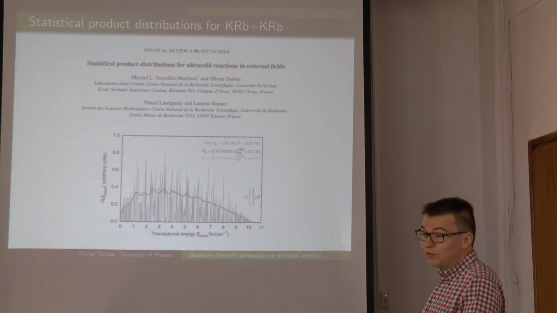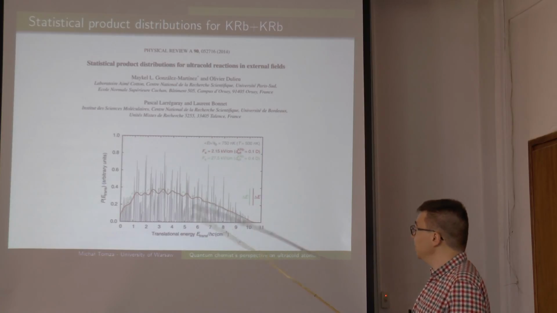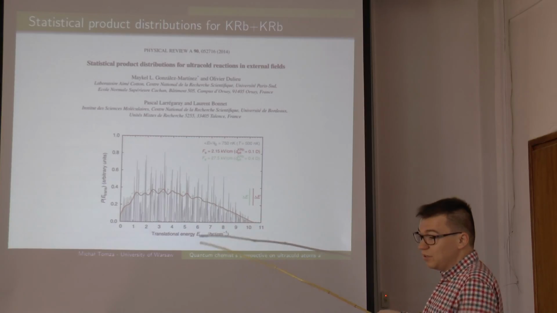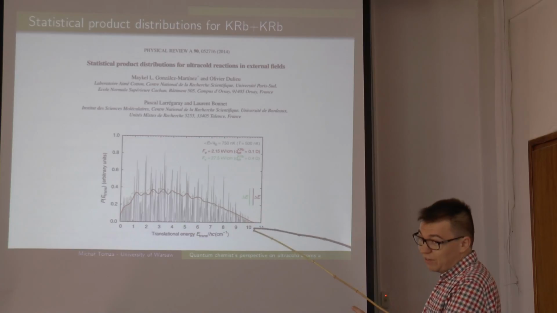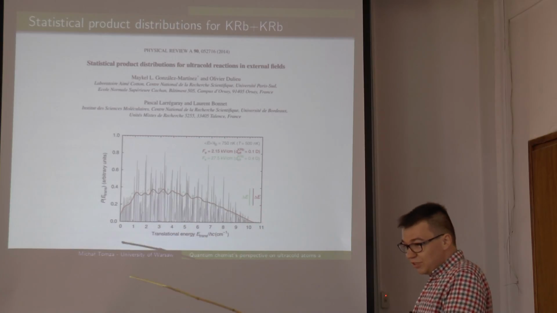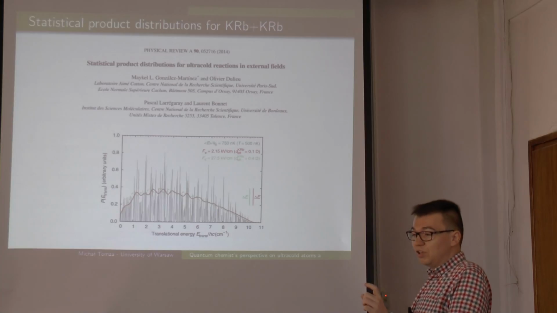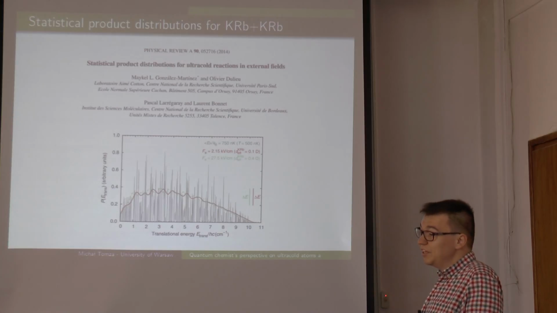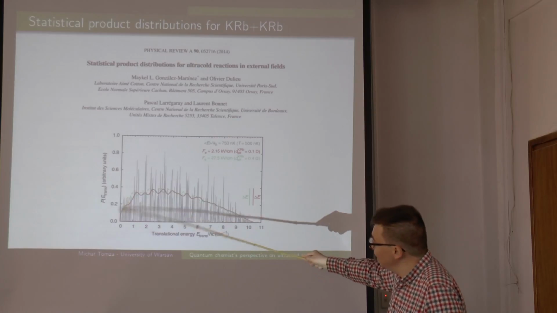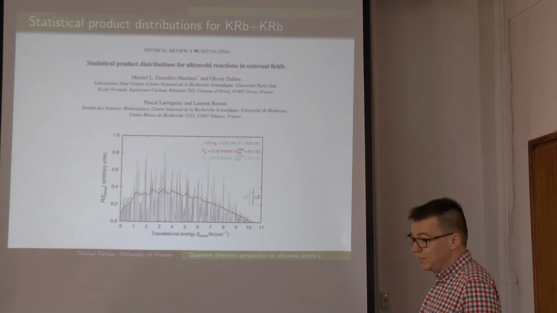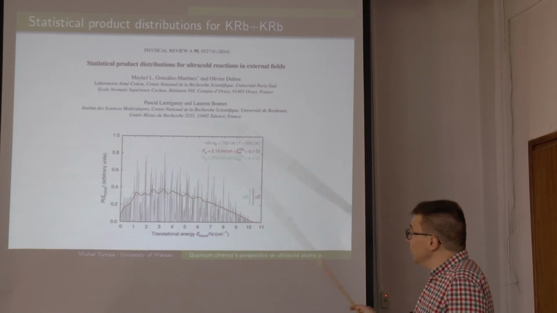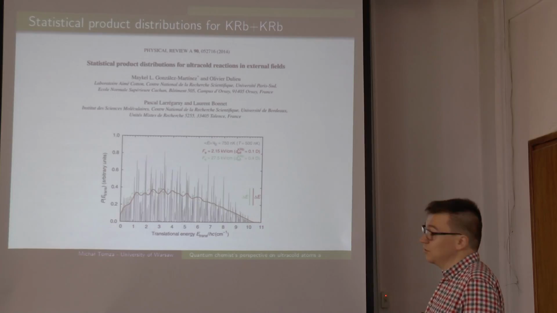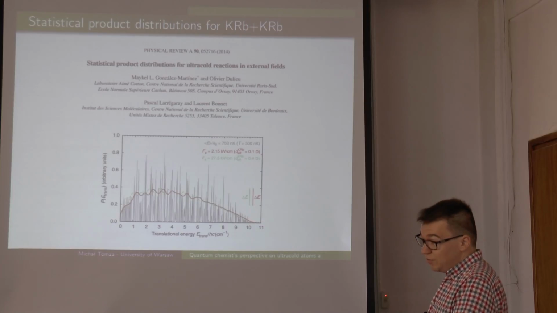Until now, there was no measurement of the product state distribution for any ultra-cold experiments, because first of all, the energy release here, although it's just a few wave numbers, in kelvins is around 12 kelvins. Although a few kelvins is very cold, it's too hot to be trapped, because the depth of our traps is in the millikelvin regime at best. So we can only trap very few products here, and because the number of these products is so large, it was not yet measured. This is the reason, and this is the motivation for my work.